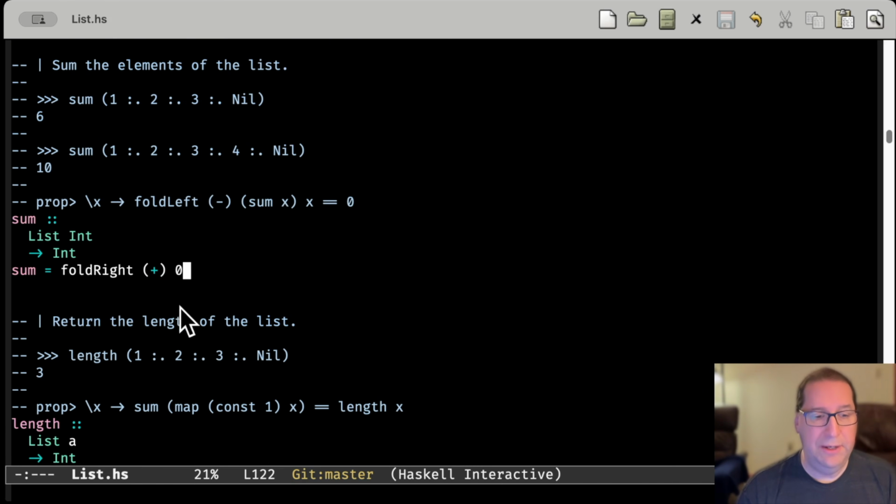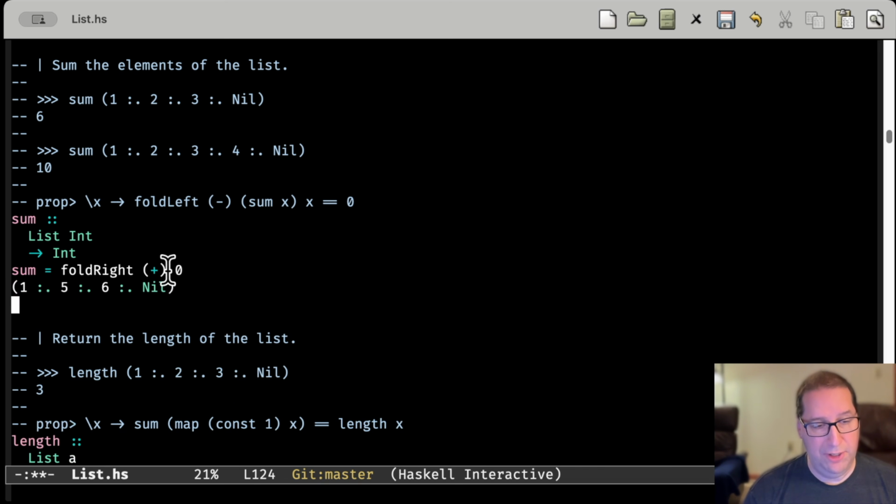So conceptually, one way to think of fold right and fold left is that fold left is a for loop. Fold left is when you want to start doing some operation to every item in a list. Fold right also kind of accomplishes that, but conceptually what fold right does, and I want to credit Brian McKenna for this insight, if we're starting with a list that looks like that,